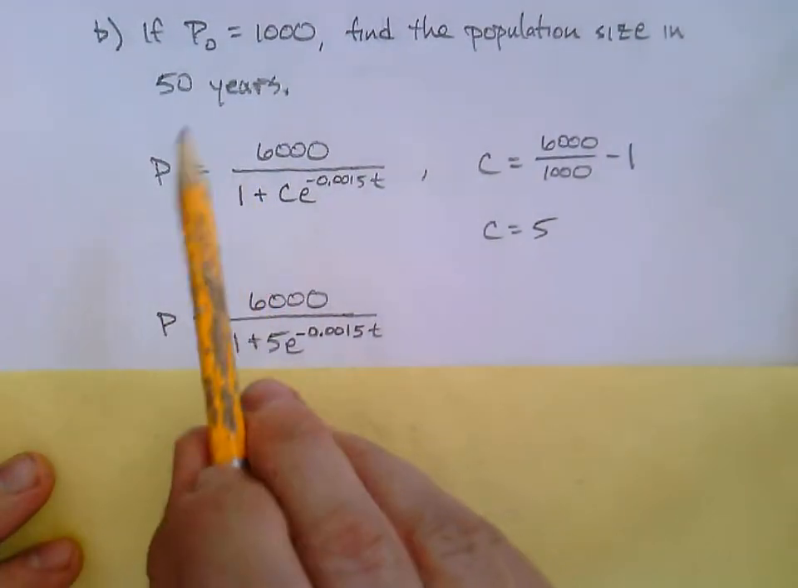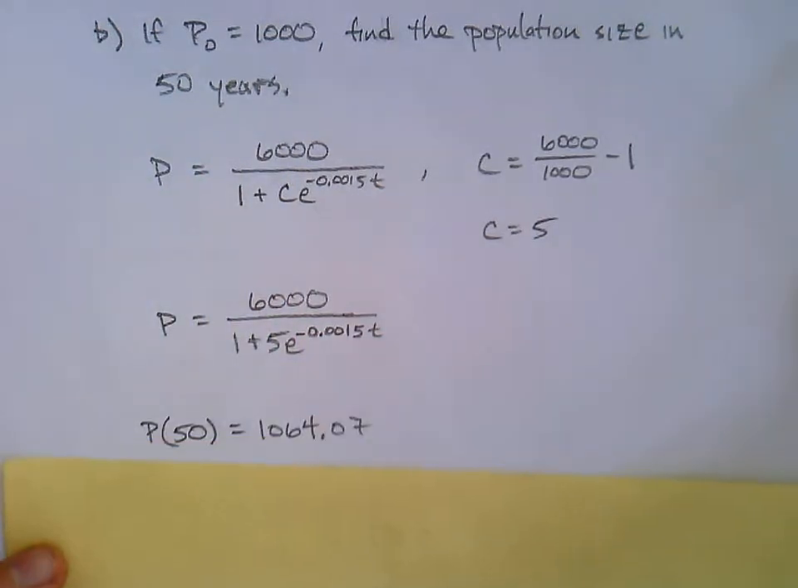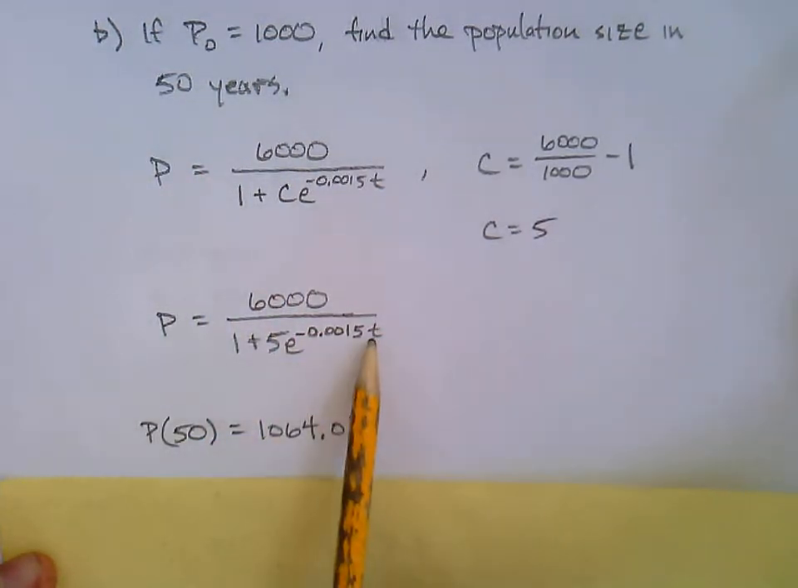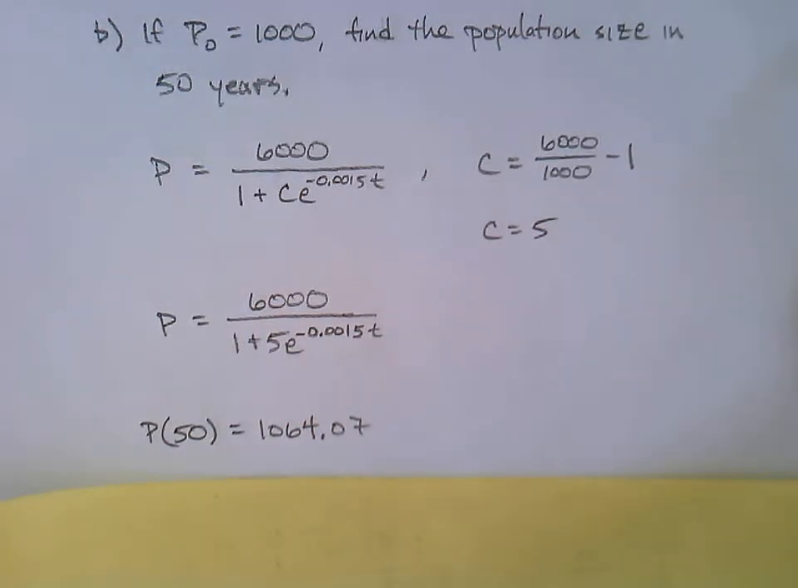And finally, now to answer the question, what's the population after 50 years? We can plug 50 in for t, and I just went ahead and knocked that out. When I plugged in 50, I got 1064.07. It makes sense for these questions, when you're talking about population, to round it to the nearest whole number. So in this case, I think we can say there'll be 1064 fish at that time,